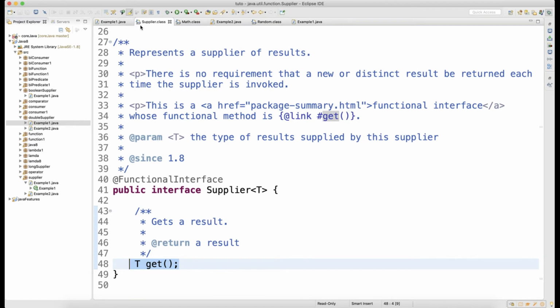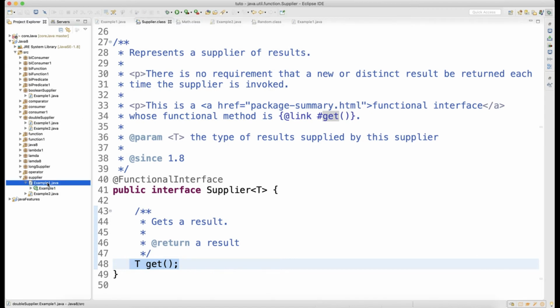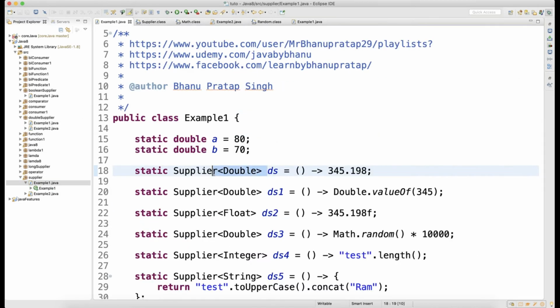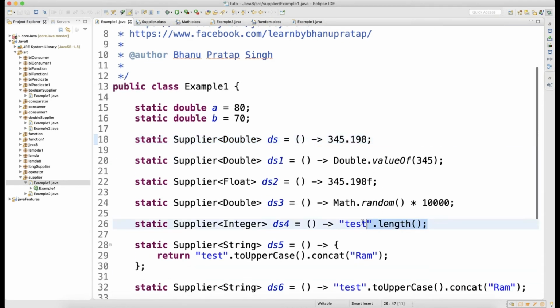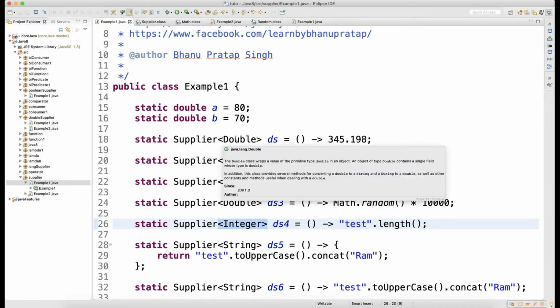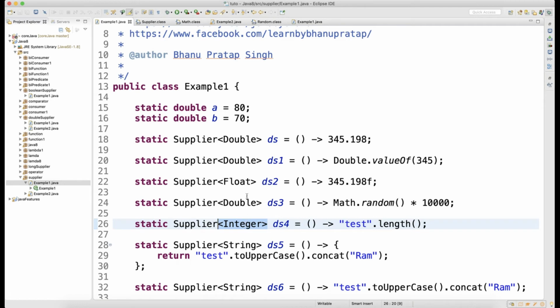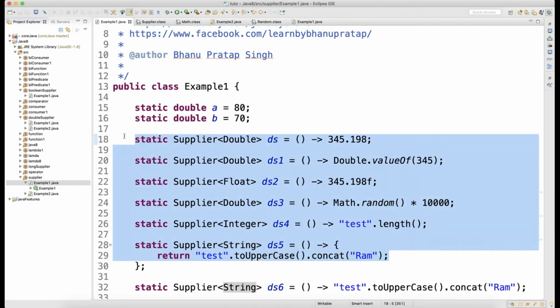In case of supplier, the output was whatever we were supplying in the angle bracket. So no matter what calculations you do, finally your output will be what you supply in the angle bracket. So I was able to return double, integer, float, a string. So we had this control.